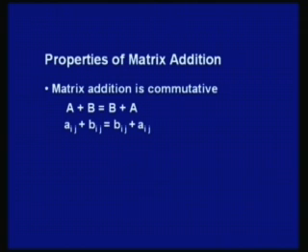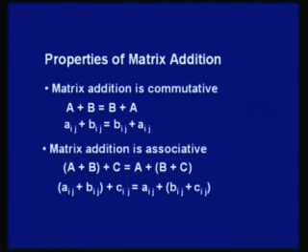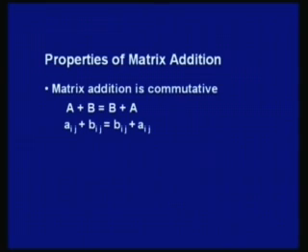Similarly, one can easily establish that matrix addition is associative. By this I mean to say that you first add A and B, and in the sum you add C. What you get is the same as you add B and C first and then add A. So, the order of addition is not important. We have 3 different matrices. You first add A and B and then add C, or you first add B and C and then add A, the result is